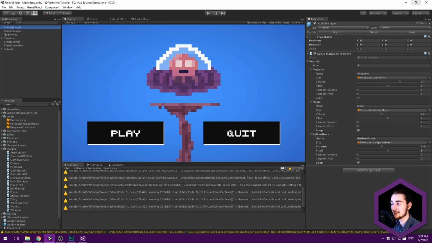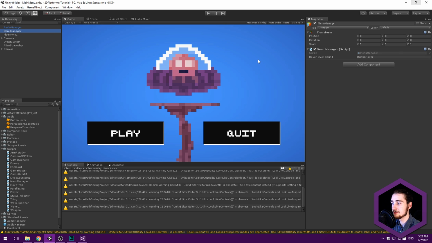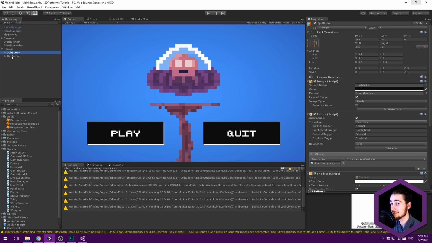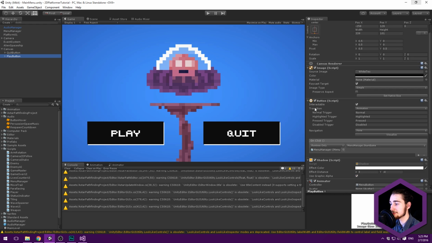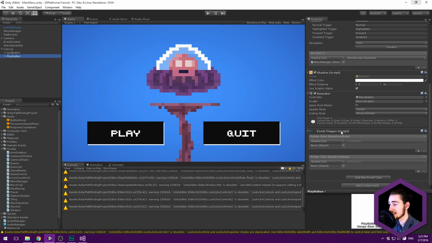And simply add that to the audio manager there. Drag that in. The volume seems fine. The pitch at 1. Random volume of 0.1 and a random pitch of 0.1 and no looping. That looks good. Then in our menu manager, that's set up correctly. Good. What we can then do is go into our canvas, select the play button, and down here under the